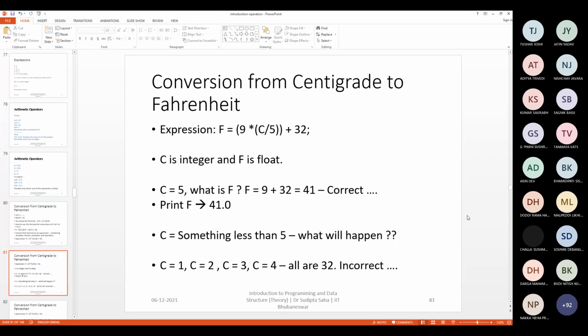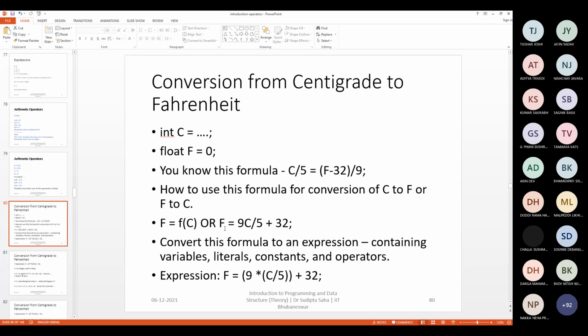Yeah, here is just an example. Sir, in the last example we are finding C in terms of F or F in terms of C. However, if something is not given explicitly, how can we ascertain whether the order of operation will be like this or that? I'm confused, what are you trying to ask?